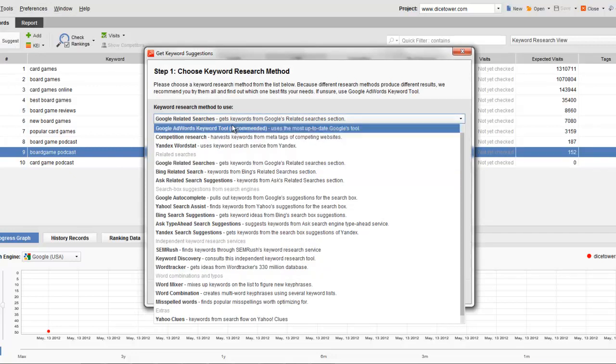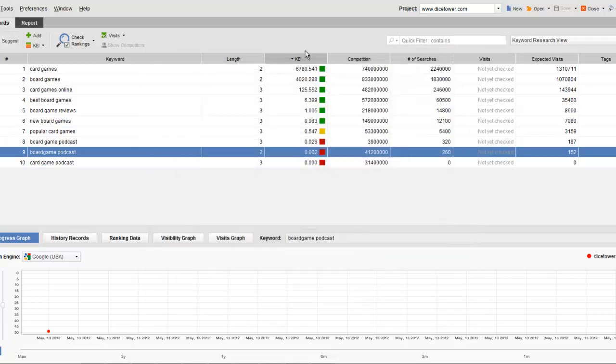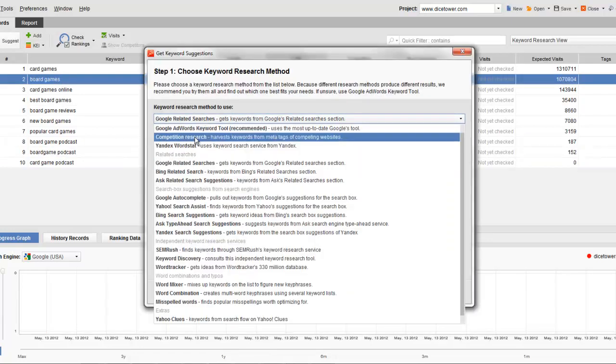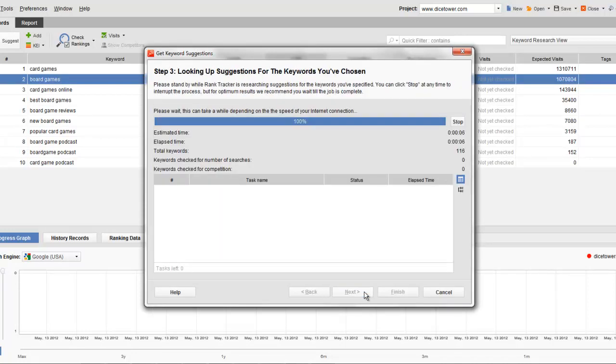So now we did the Google AdWords, and we did the Google related searches. Another thing we can do, we'll only pick one term for this. Let's pick board games. Go to suggest. But we can actually do competition research. And what this does, let's do one term to keep it quick, is this actually looks at some of the